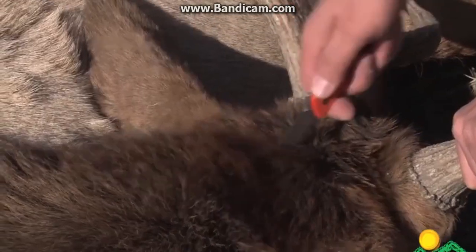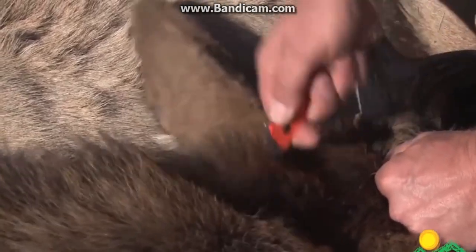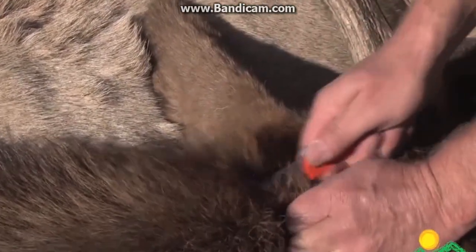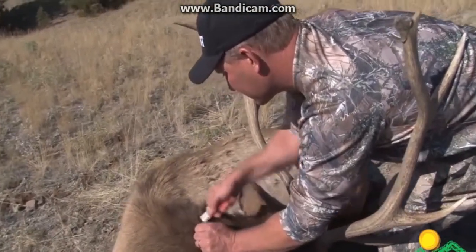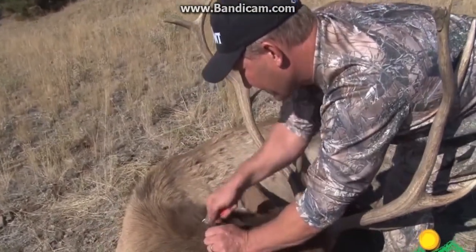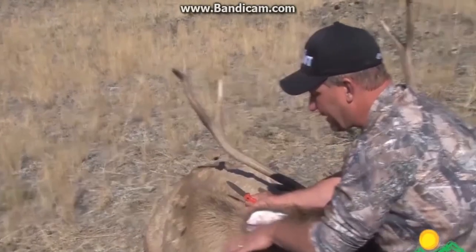Make the first cut right here, the base of the antlers. We're basically just following right down the longest part of the hair. This is the toughest part of the hide, so don't get in a hurry and don't get careless, and you want a sharp knife. Around the other side. Now as we get down into the bend of the neck here, we're actually getting into